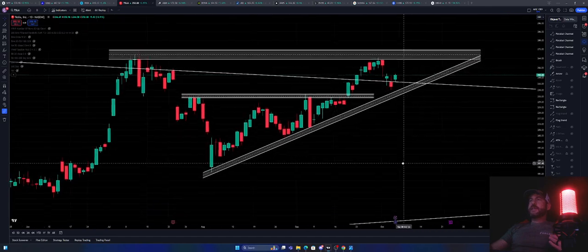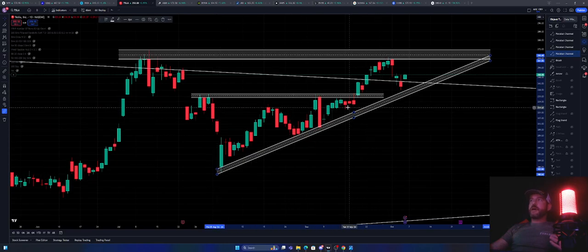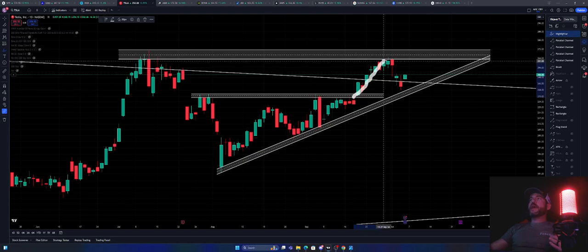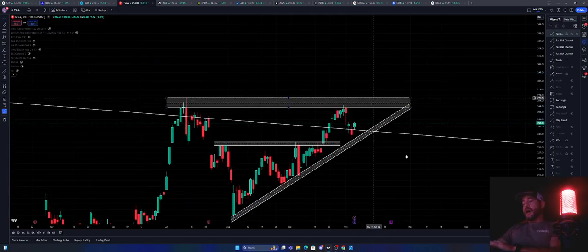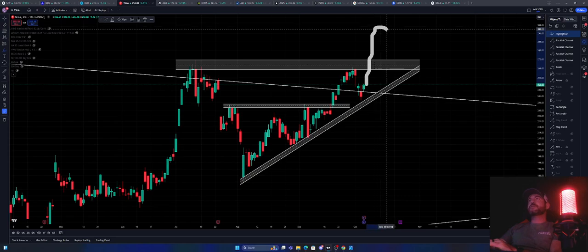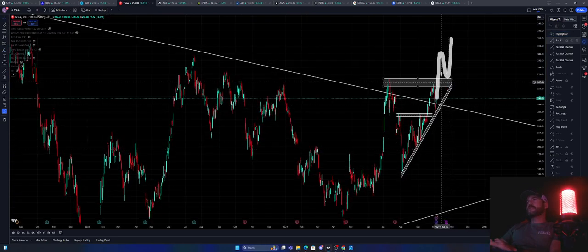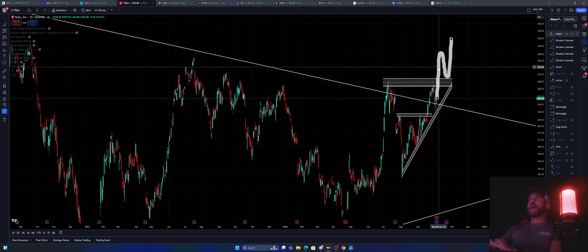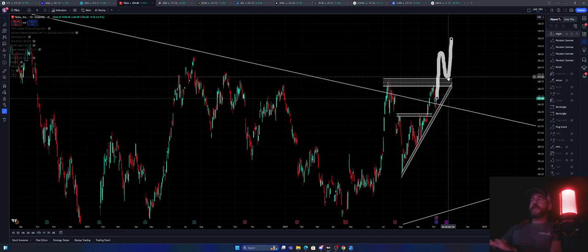So what I'm watching is, number one, I'm going to be watching this rising support channel right here, right? So we look at this as a breakout of the ascending triangle, a retest of that neckline. Now I'm going to be looking for another move topside. Obviously, Robotaxi is going to play a big part, and whether or not this thing busts through, then we'll probably get some type of rejection and retest at that point in time. But overall, that makes a lot of sense that if we do break out of here, we're going to be heading up towards that key 300 area, then probably have something that happens